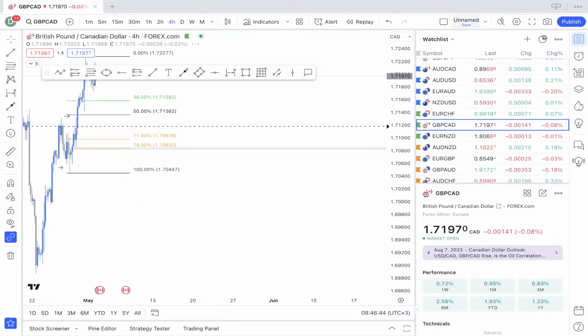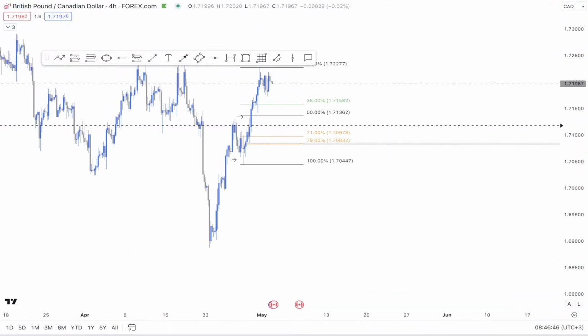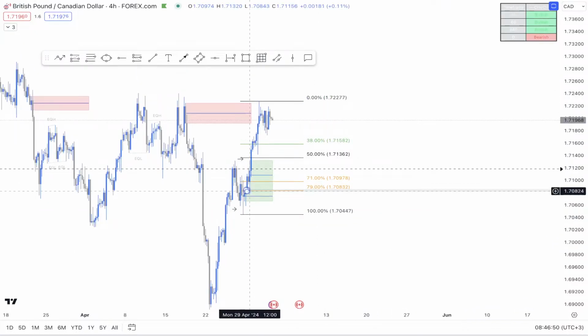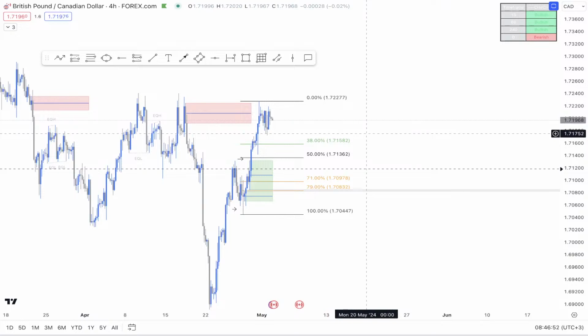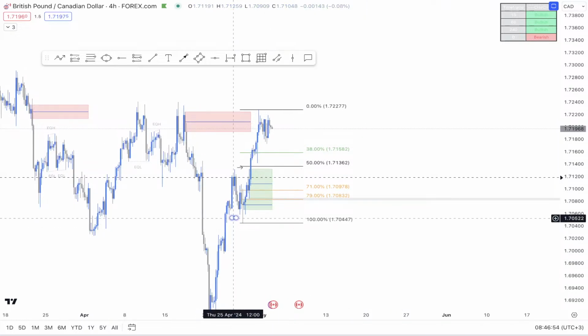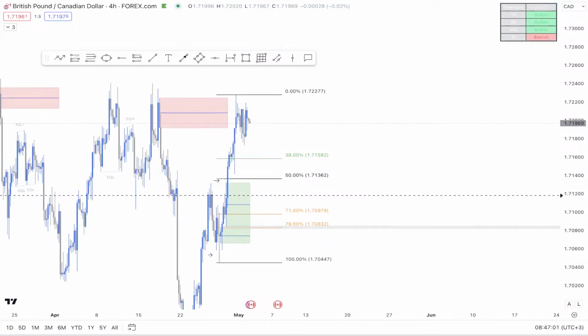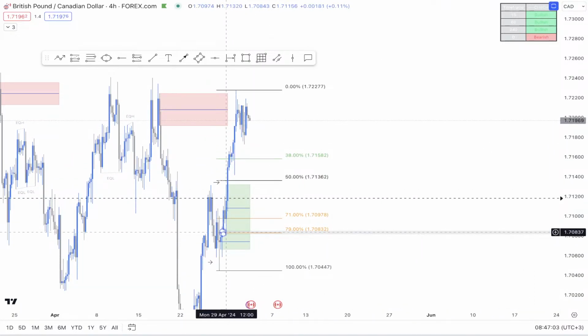On GBP CAD, we have another bullish opportunity. Right here we broke structure to the upside very impulsively with this bullish leg. Before that, we also swept liquidity right here, which is a good added confluence. Okay, and after the break, I was able to identify this small fair value gap right here